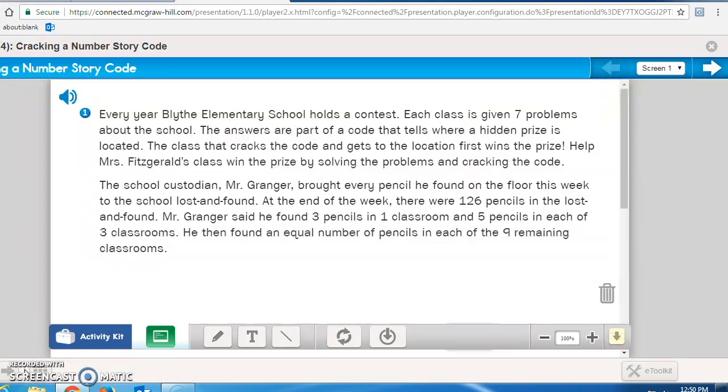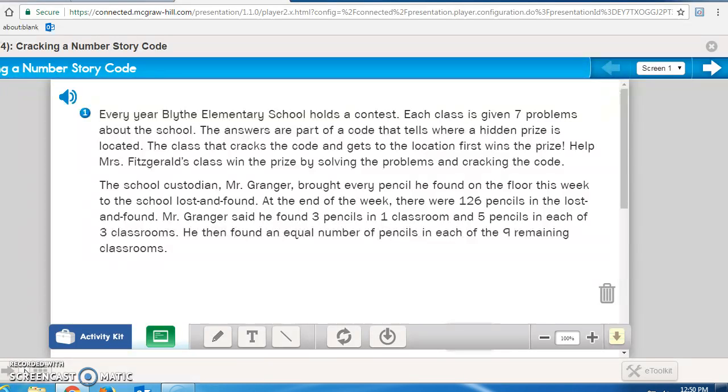So the number stories that you're going to do today are more challenging than the ones that you solved before, but they can be solved using your math skills that you already know. You just need to keep trying. So what I want you to do next is open your math journal to page 270. When you get it open to page 270, I want you to read them silently to yourselves as I read them out loud. And it says,